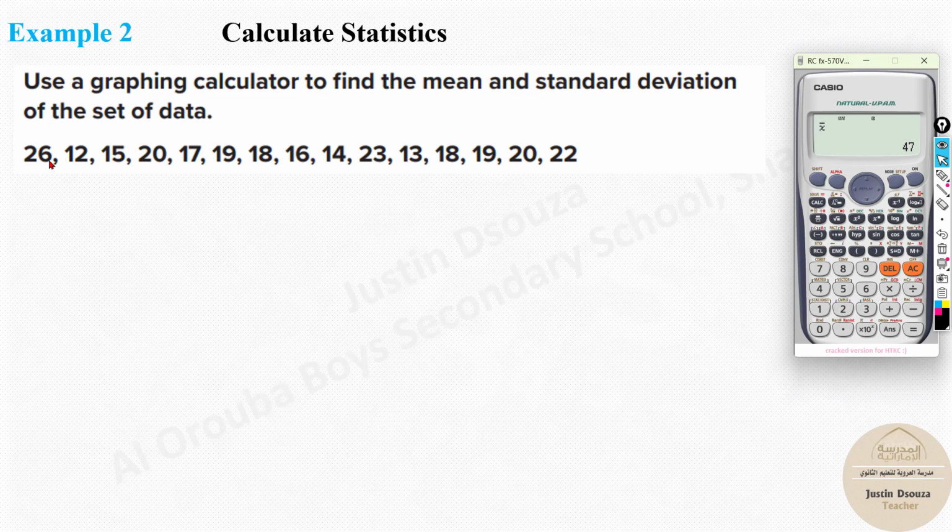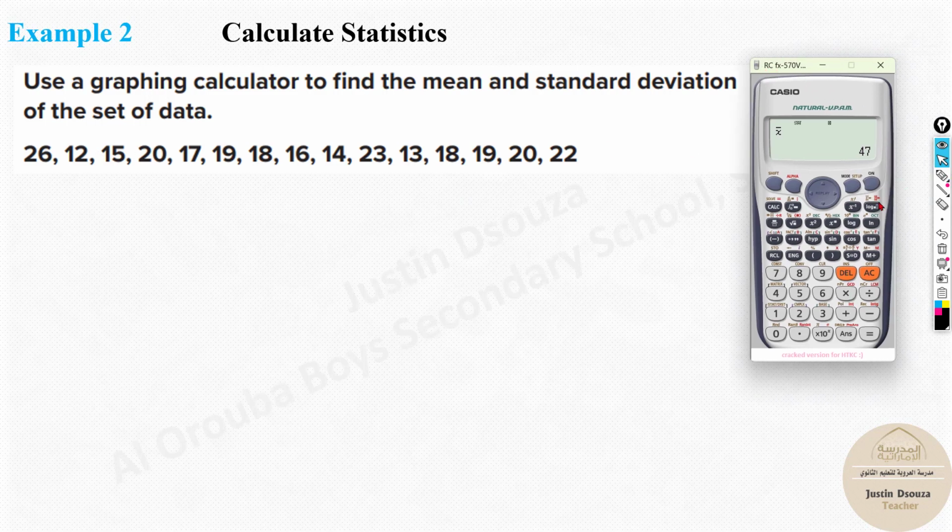It's just very hard to manually do this, add them all, and subtract them individually with the mean. It'll take a long time. So that's why a calculator saves a lot of time. Now, in order to save new values, now that you have done this,